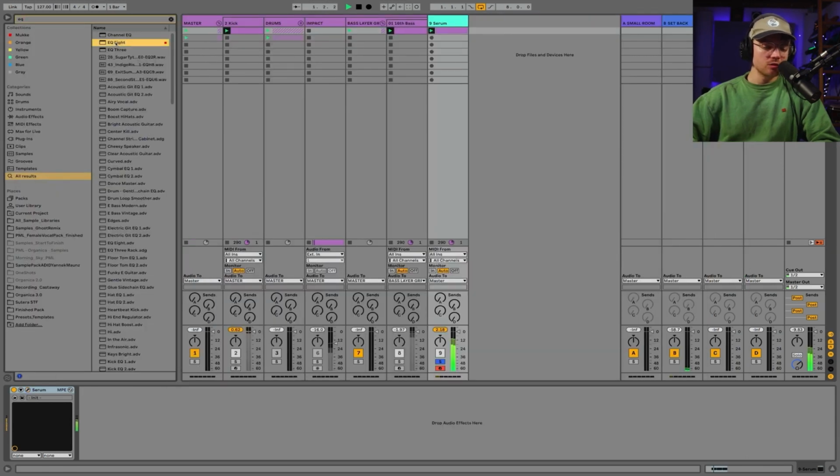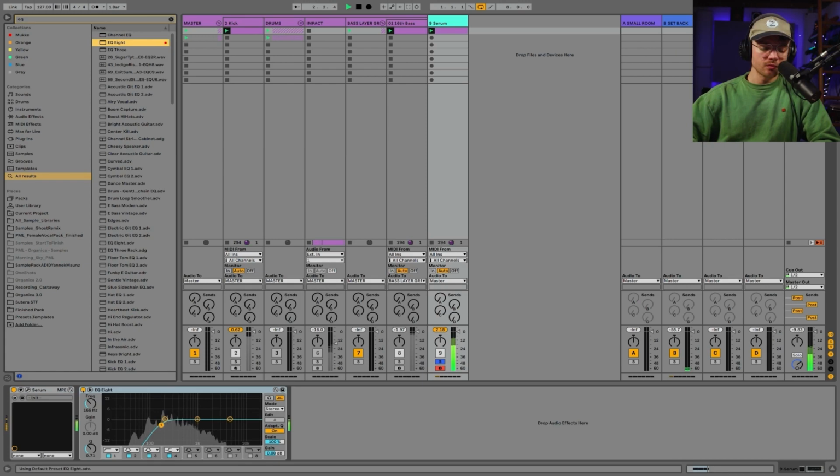Okay, so let's add an EQ, because this sub information, we don't need it. We already have our sub baseline. So together with our sub layer, we get this really full